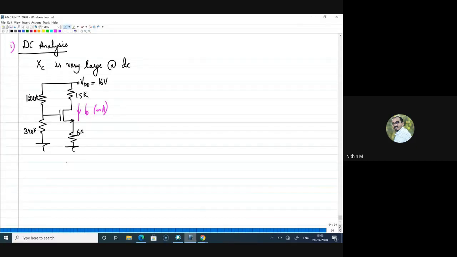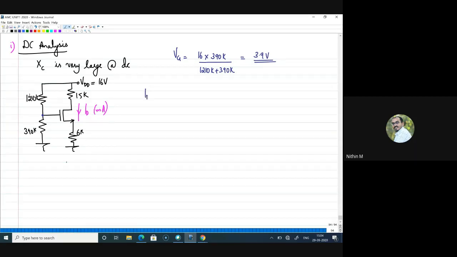All right, so how to start? Others can work out 0.4 milliamps. That is right. For others who have difficulty in starting this numerical, I'll tell you, we have done the same kind before. What you should do first is find VG, the gate voltage, which is here. That can be obtained as 16 into 390k, which is a voltage divider, divided by 1210k plus 390k. If you do that, you will get VG as 3.9 volts, right? That is your first step.